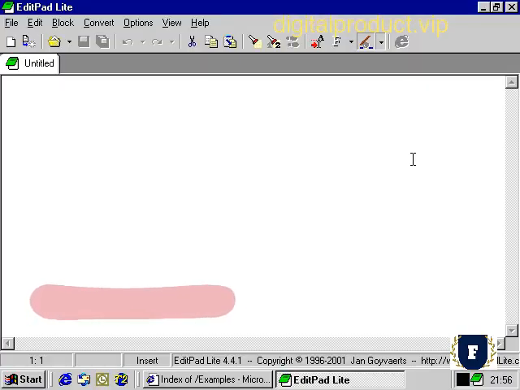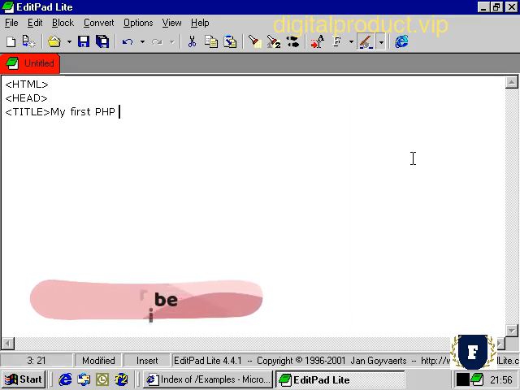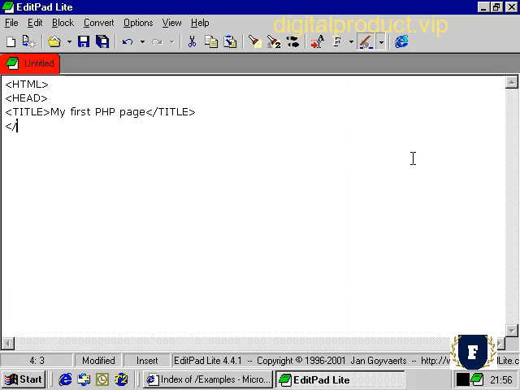In this movie, you're going to write your first PHP script. It's not going to be anything fancy. Let's start out by writing the HTML tag, and then the head tag. You'll be familiar with this from HTML. And then we're going to add a title, which simply says my first PHP page. Then we'll close the head section, open up the body section,